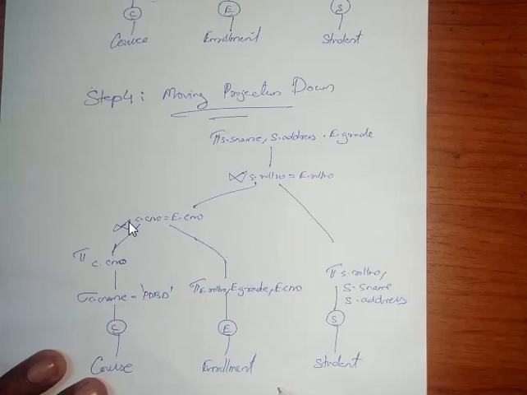Then that small table is joined with the table at this point, and at that point enrollment is filtered in the way that we are doing only the projection, because there is no selection condition given in the query. So we have to do the projection. We require only the roll number, grade and C number from the enrollment table, and the table at this side is joined with this side. Okay, so from this point we are getting a big table which is the join of course and enrollment.